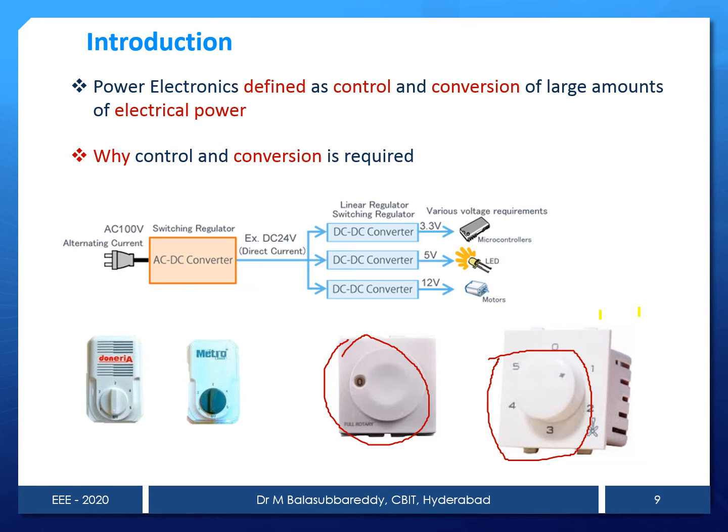If you have a switch, and you switch on the light, it will glow completely, and when you switch off, it will turn off completely. But with a power electronics controller like an AC voltage controller, you are able to control the illumination by controlling the firing angle of the AC voltage controller. At the moment I have given this example, but there are many more: motor control, AC drives as well as DC drives, like traction applications, and induction heating. So for many applications we require power electronics control.